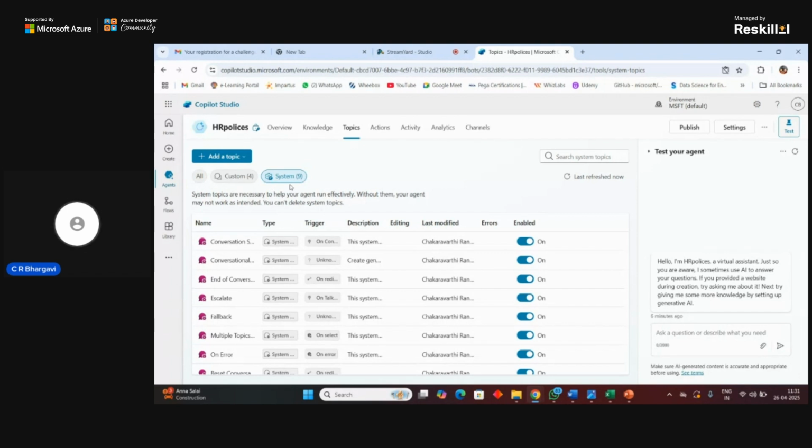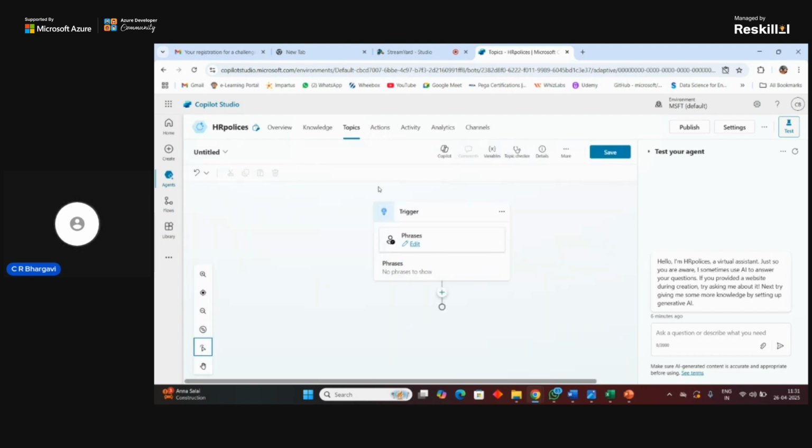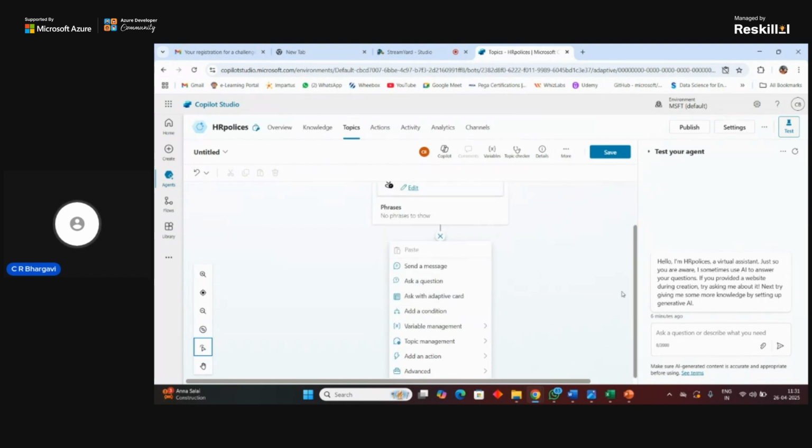It's the same thing that the Power Virtual Agent works on. But here everything is being handled not by you, but by the generative AI which you had given over there. So that's the major difference that you can have here. Also, when you want to create an agent, under the Power Virtual Agent you can build the whole thing from scratch over here.